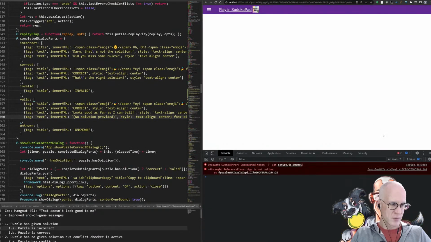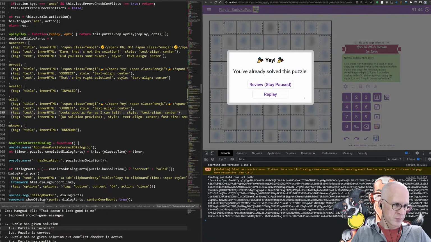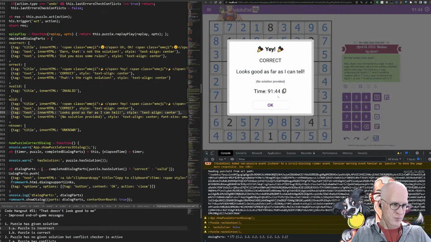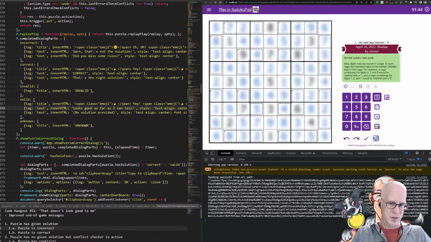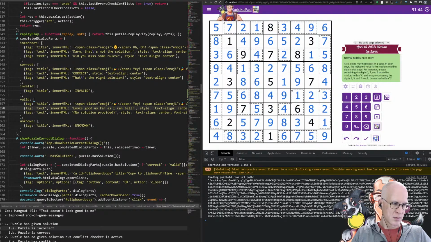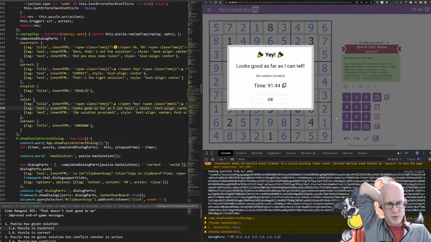If we do this and fix our objects here, get rid of that nasty piece of business. And how's that? What do you think? No solution provided. Should it be small? Should it be bigger? Is it too small, too big? Should it be the same size?